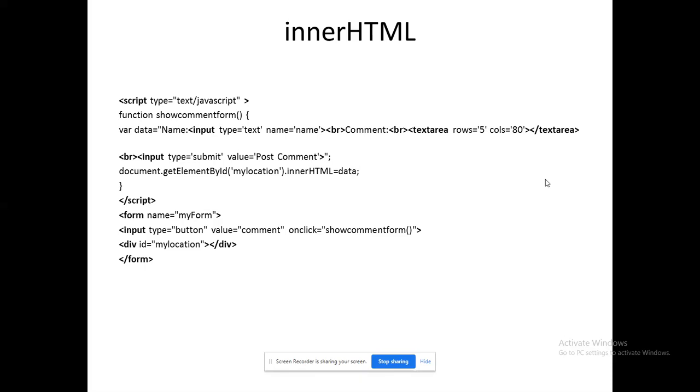But this inner HTML will refer me to a portion of the document available in my browser, a portion of the HTML document. It consists of more than one control. All three controls are being referred by a single name. That's what my location, provided by my div tag, does. That's the main concern about this inner HTML. Please remember that. So when I click that, ultimately it will display in the place.